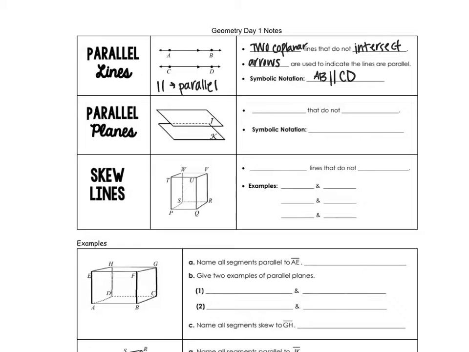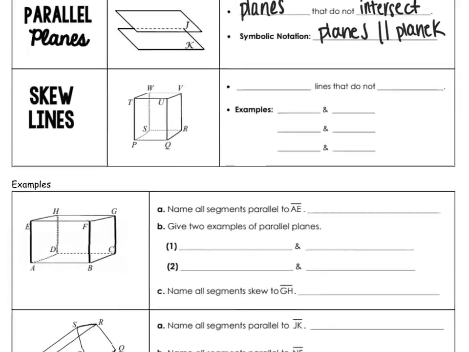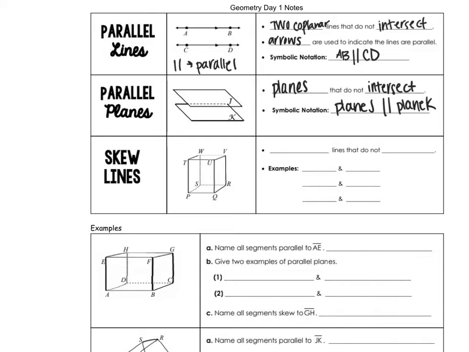Parallel planes are planes that do not intersect. The symbolic notation for this would be that plane J is parallel to plane K. So skew lines are non-coplanar lines that do not intersect. So to figure out what skew lines are,